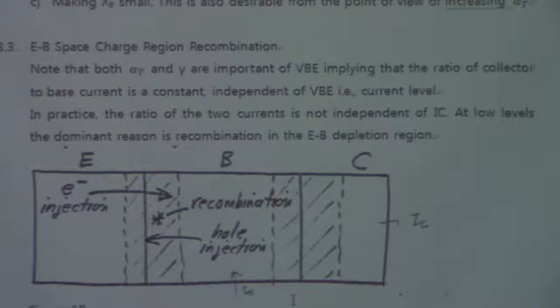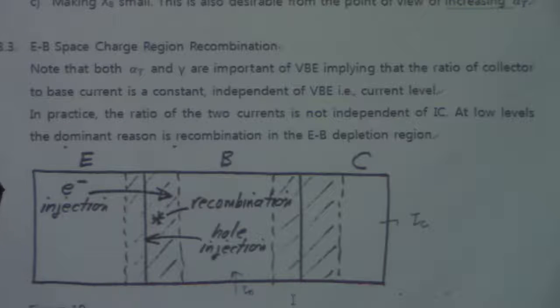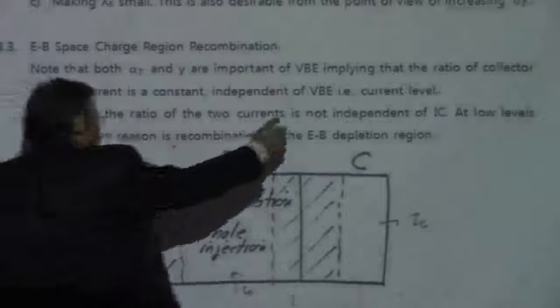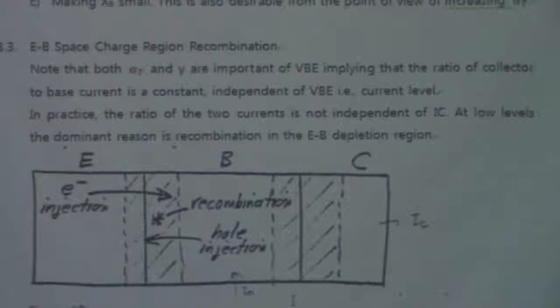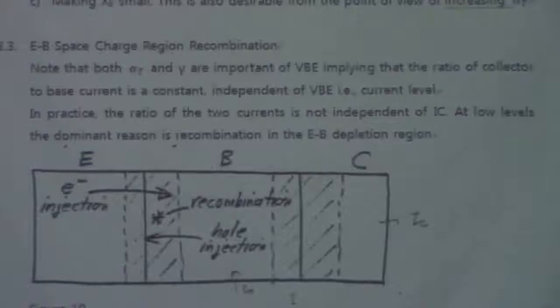Note that both alpha T and gamma, the efficiency and transport number, are important. For base-emitter voltage applied, the ratio of collector to base current is a constant independent of base-emitter voltage. In practice, the ratio of the two currents is not independent of